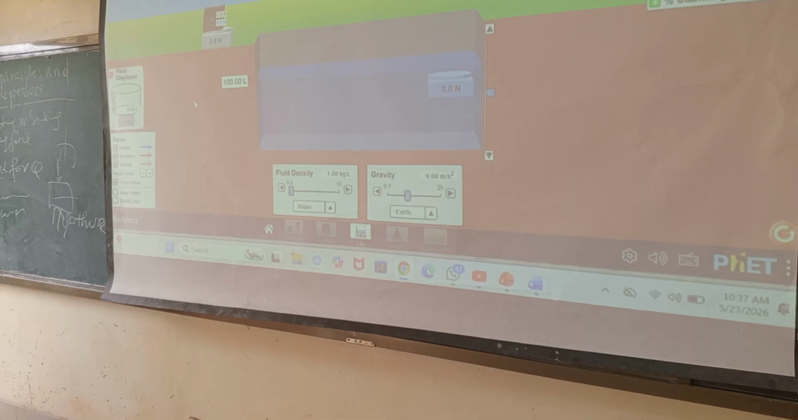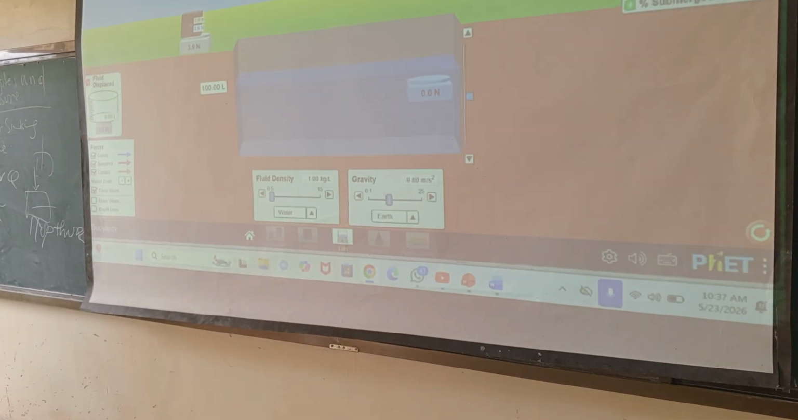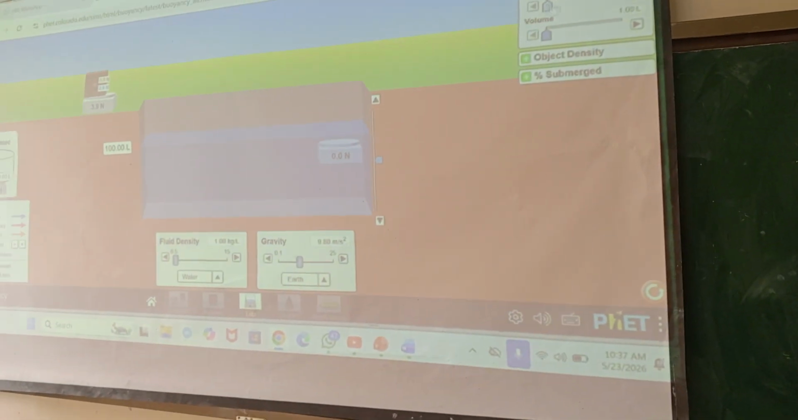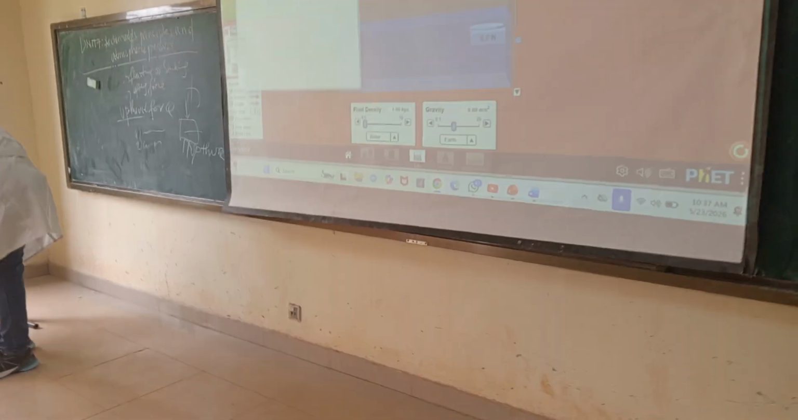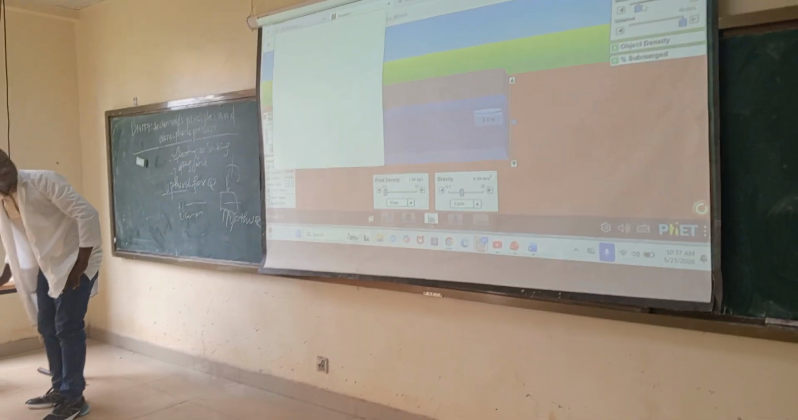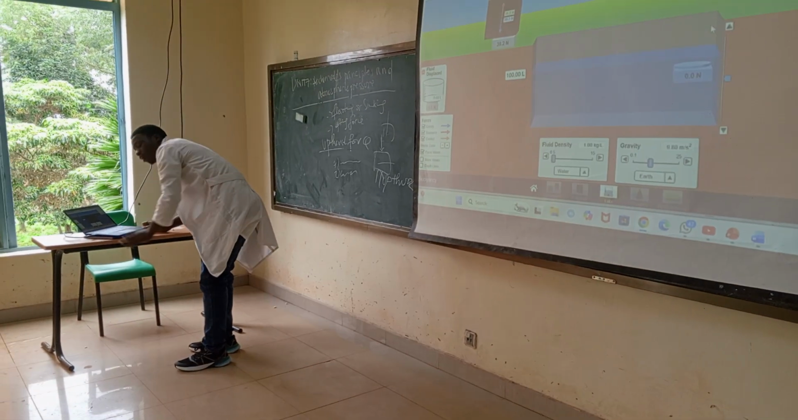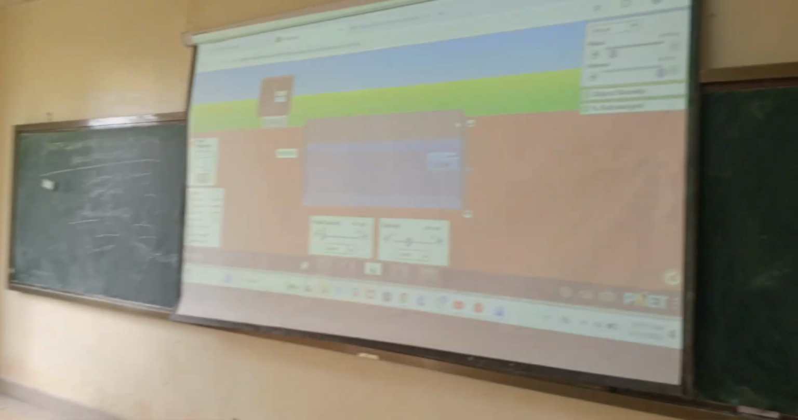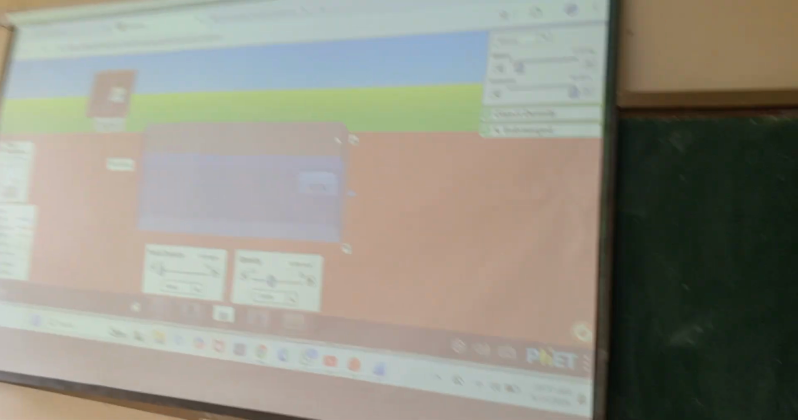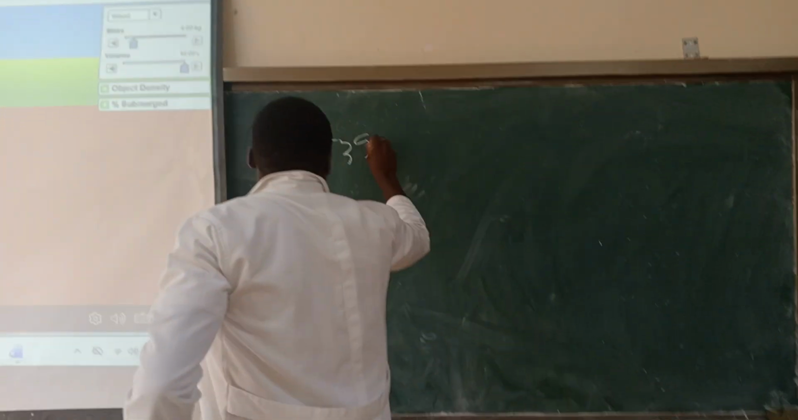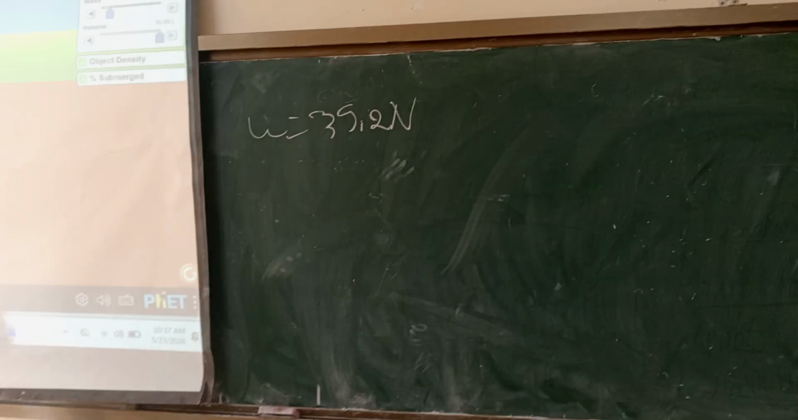We have our object. Let's use the mass. Our object has a mass of 4 kilograms, and as you see, it has a weight which is equal to 39.2 newtons. You see? Yes. And when you put